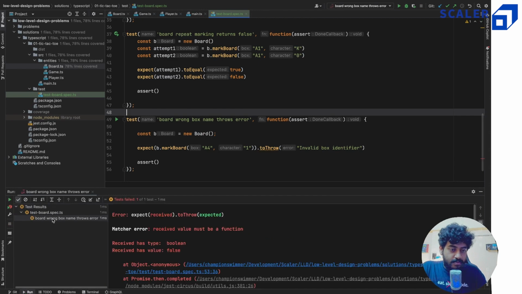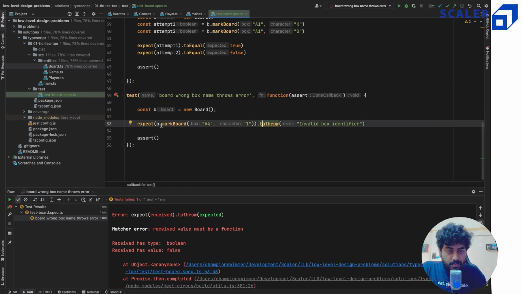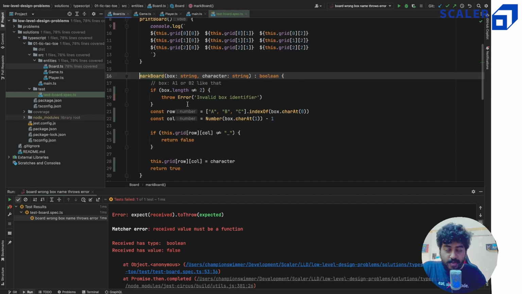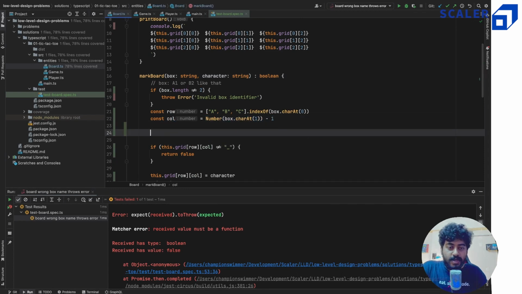So level 1, we expect this dot to throw, since it didn't throw. Why? Because we are not checking for number 4 here. Okay, so we have to check that